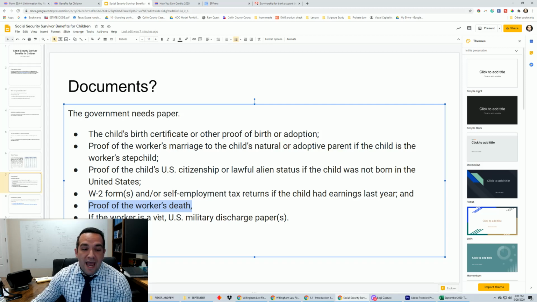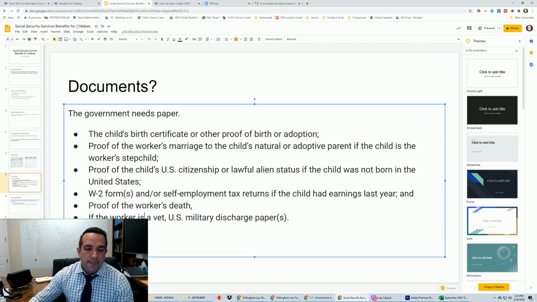But usually asking an executor of an estate or a family member to go and get that for you is how you're going to do it. And if they don't want to help you, that's going to be a problem. Okay, at the end of the day, if all of that is a problem, you can apply to the court and every judge will help you in any kind of situation to get a death certificate,